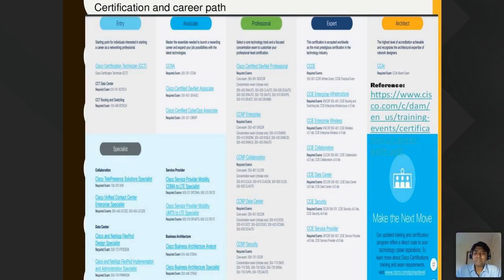And overall, as an industry, whether you choose networking, security, collaboration, or data center, less than 5% of the engineers have completed the expert level certificate. It's hard, but there is a path, and it has extremely high value if you are a CCIE or expert level engineer.